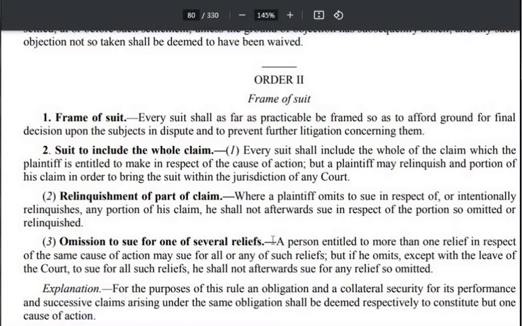Then for that claim, for that relief, for the same cause of action, you cannot file another fresh suit. ठीक। और जब आप क्लेम की बात करते हो, इधर जो क्लेम की बात कर रहे हैं, क्लेम इज बेसिकली रेफरिंग टू अ सिंगल रिलीफ। अब जैसे मान लो कोई डैमेजेस है, आपका डैमेजेस है मान लो 5 लाख रुपए, और आपने डैमेजेस क्लेम तो किया लेकिन सिर्फ 2 लाख रुपए का किया, आपने 3 लाख रिलिंक्विश कर दिया।